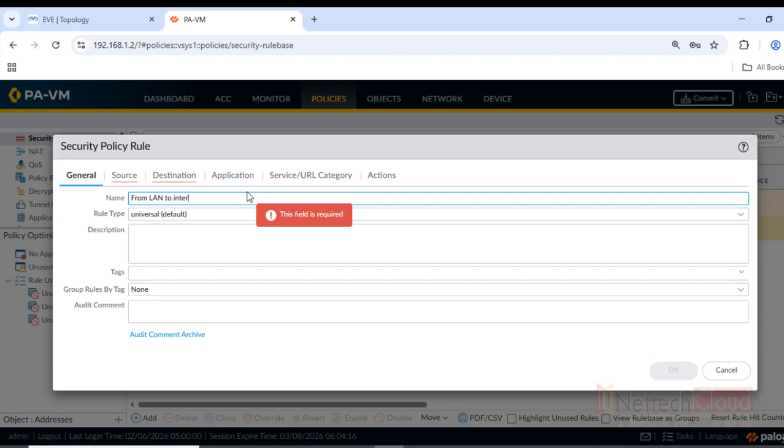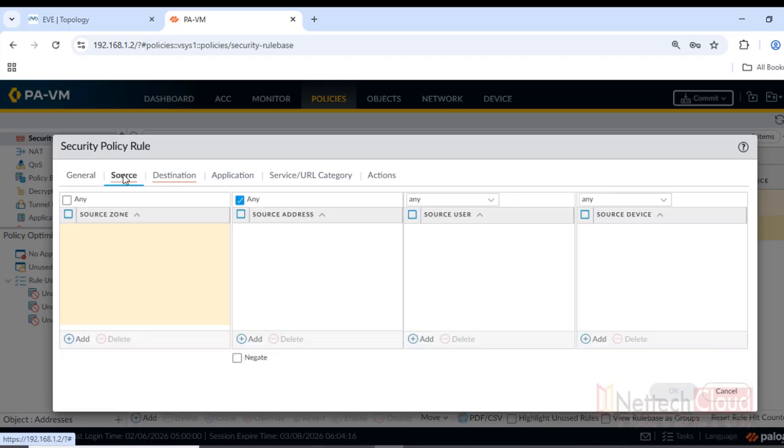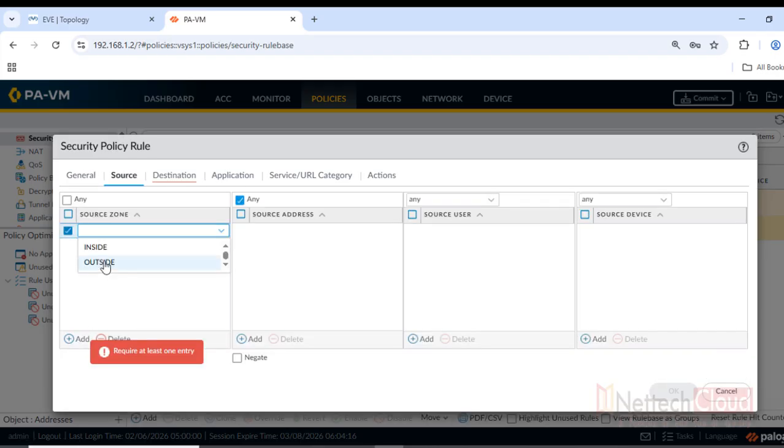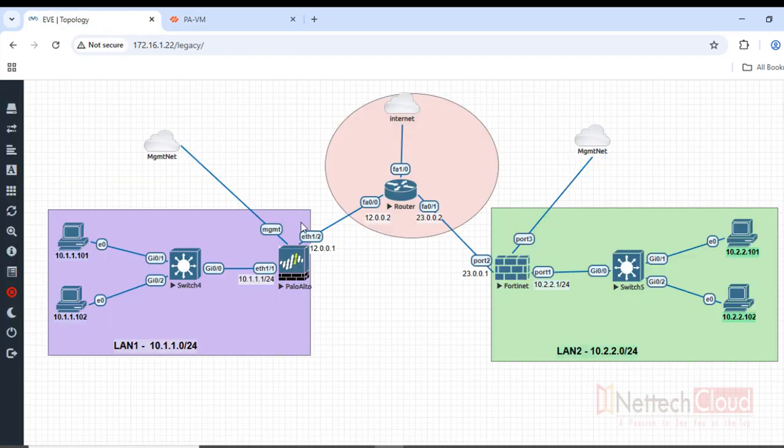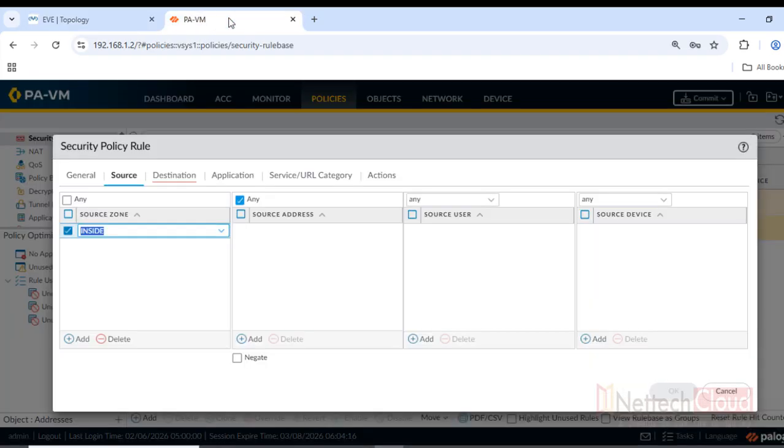to internet. Okay, source zone, inside. So from inside, so this Ethernet 1/1 is in inside, Ethernet 1/2 outside security zone. So from inside to outside. I hope you understand, right? Inside to outside, makes sense. Source address,